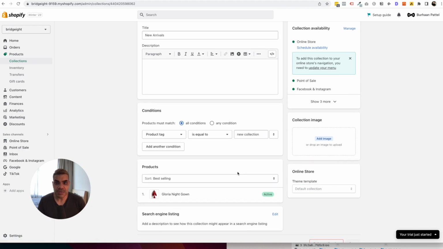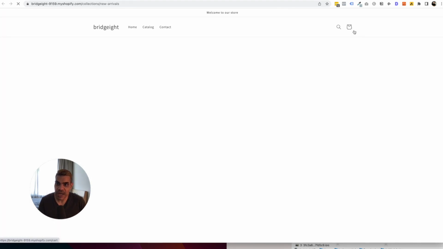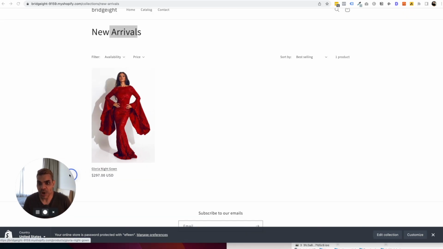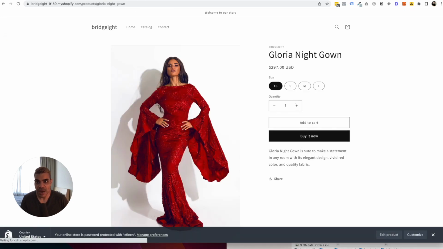and I have it under new collection because Gloria Nightgown has got that tag. Okay, and then in terms of optimizing this particular collection, let's have a look first at what it looks like on the front end. So you'll see I now have a new arrivals collection, and this is the first product that's available in this collection page. And of course, if I go into the product itself,